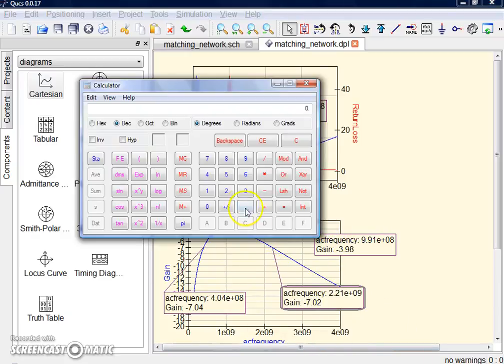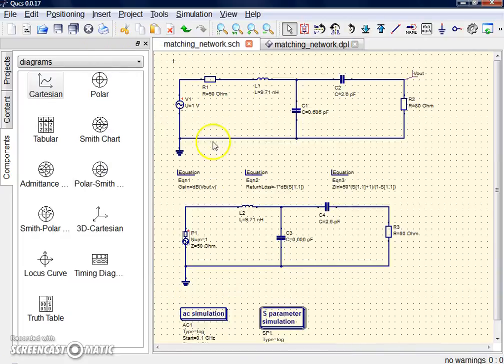So if we calculate 2.21 minus 0.4, we'll get a value of 1.8. So as you can see, our designed matching network